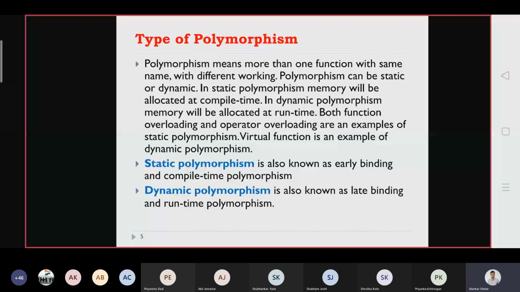Compile time memory allocation and dynamic memory allocation. Similarly, function calls are also resolved at compile time, and function calls are also resolved at runtime. On that basis, static polymorphism and dynamic polymorphism are named. So what is static polymorphism? Static polymorphism means early binding, or compile time polymorphism.